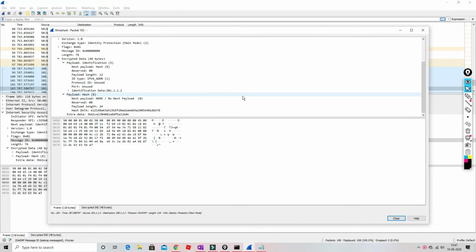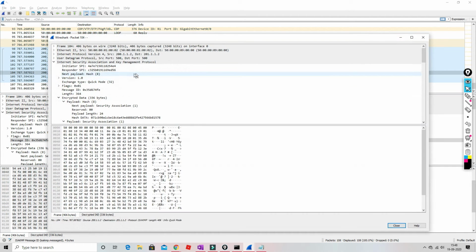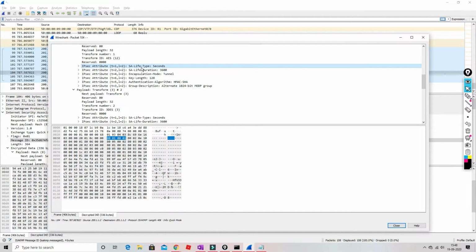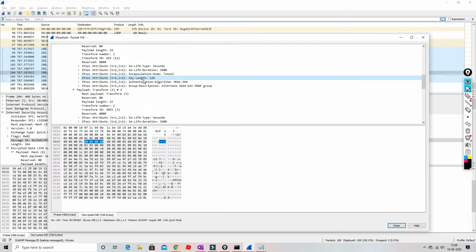Okay, so as I have told you guys, the message which is 5th and 6th will be the authentication message. So they will be exchanging with the peer pre-shared key. They will be sending the hash value of it. And also, if I wanted to tell you, in the quick mode, they will also exchange the transform set that we have configured. So in IPsec also, like the phase 2 as well, they will be negotiating the same way how the phase 1 gets negotiated.